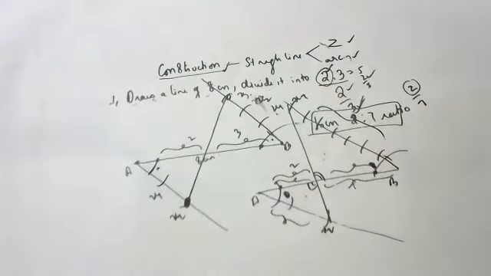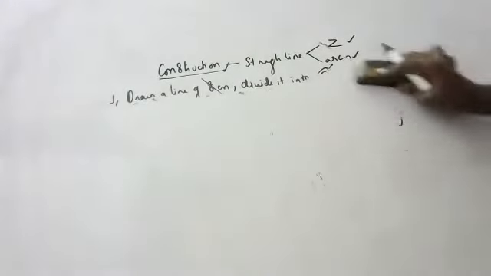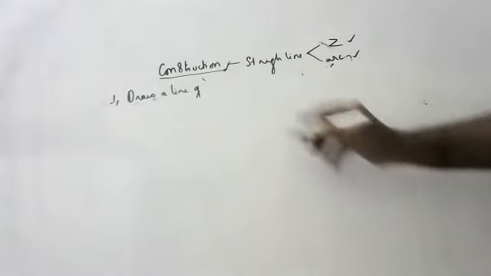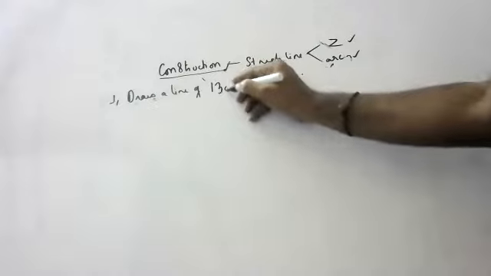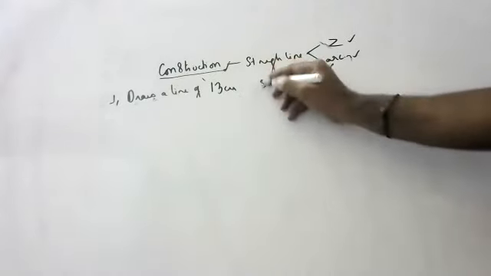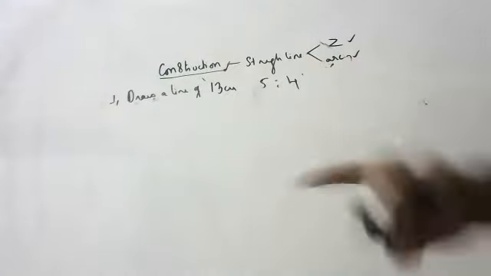Okay, those who did not understand, one more sum, children. Compulsory it will come, children. Very, very important, because already triangles have been deleted this year. But because triangles are deleted, they will concentrate on this question only. Draw a 13 centimeter line in 5:4 ratio. In both methods I will say, children.